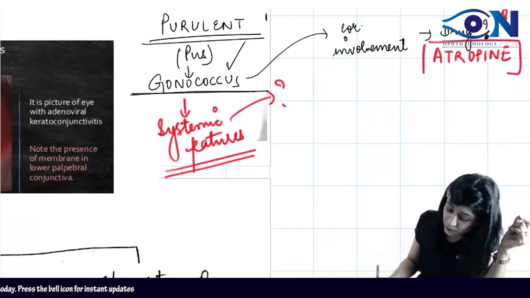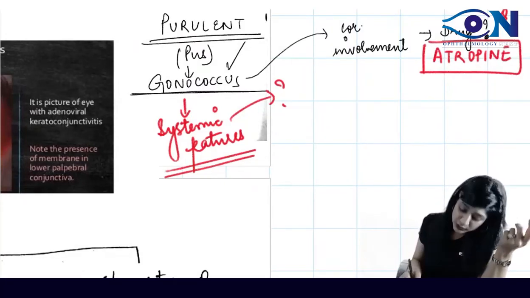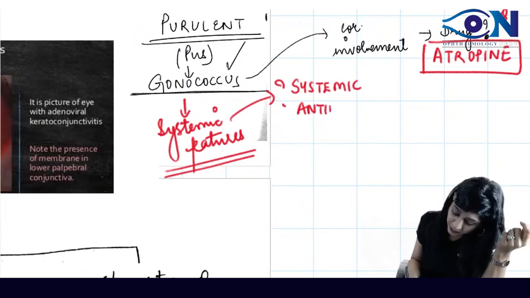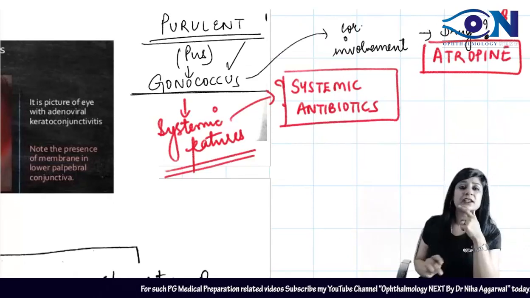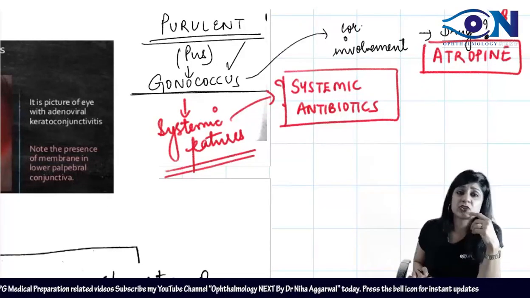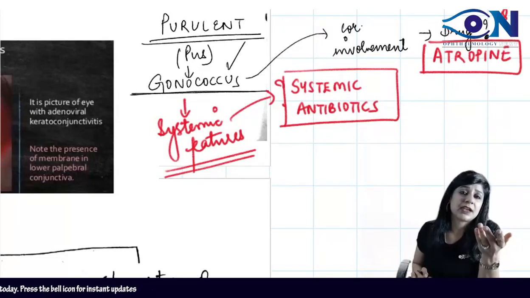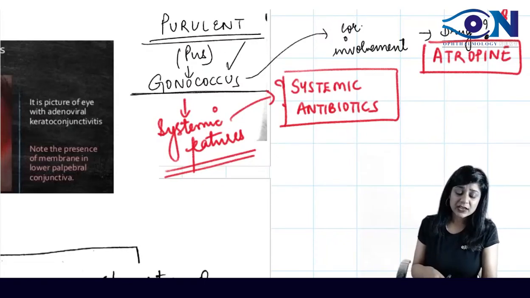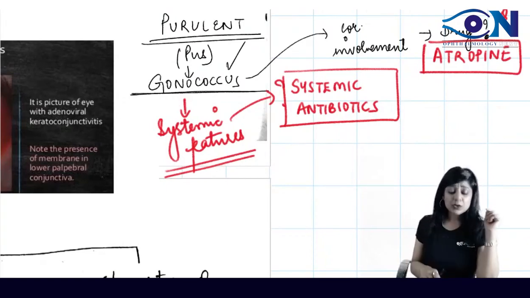A very, very important question. Which drug should be given for the corneal involvement? Second thing, because it is having the systemic features also, therefore we give the systemic antibiotics. So, most of the times we are giving just the topical antibiotics, but in cases of the gonorrheal infection, we can give the systemic antibiotics also. We have to give the systemic antibiotics because here we are having the systemic infection also. While other places, we are just giving the topical antibiotics. Okay. All right.